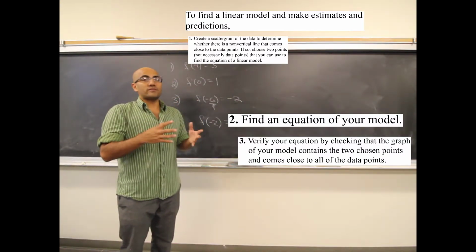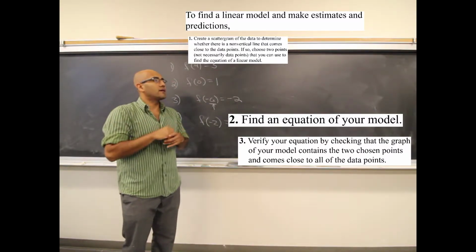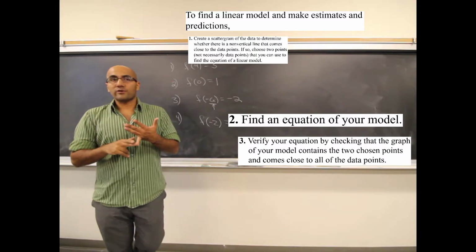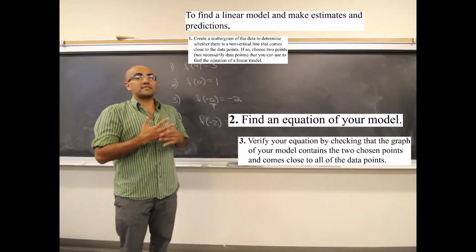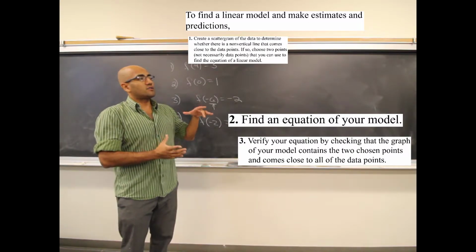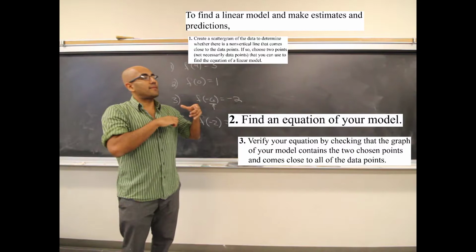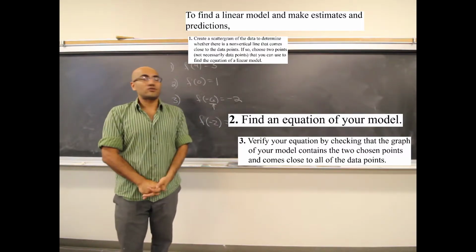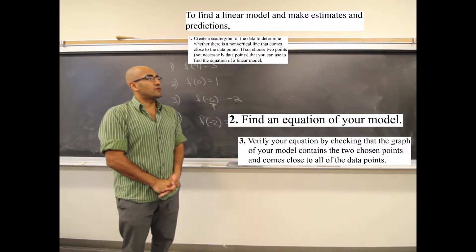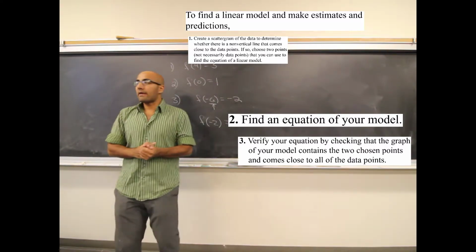The rest of the data points might not necessarily be on the line, since it's just approximating. Same thing when you use your calculator's regression model. It doesn't necessarily mean that any of the points are on the line. To check it, it would be good to use your calculator, graph the scattergram, and then draw in the equations of lines that you came up with, and make sure that it really does look like a good